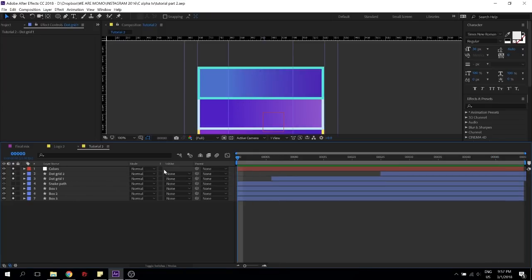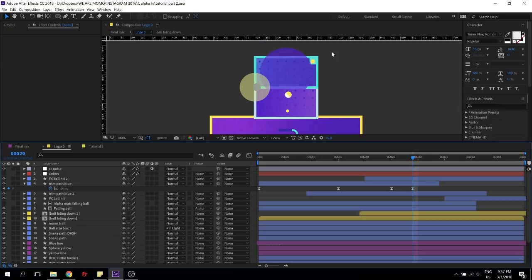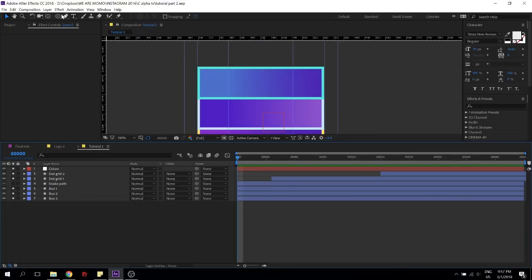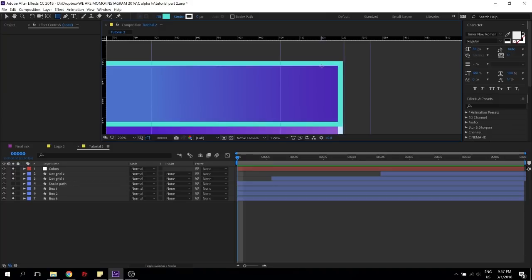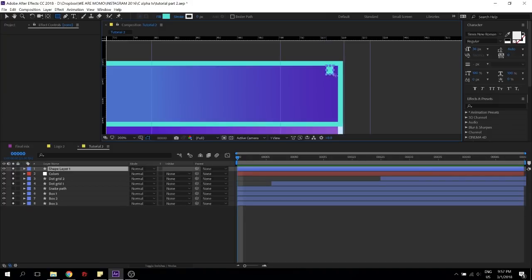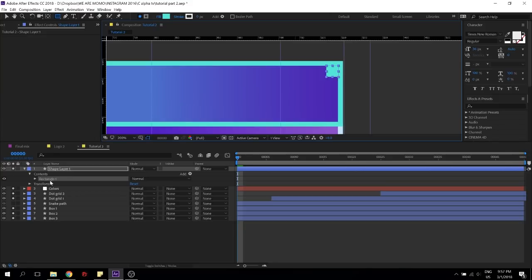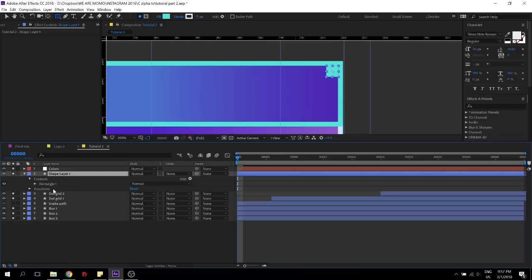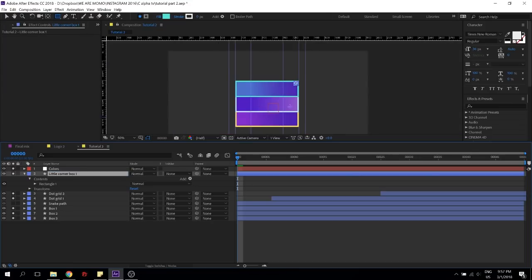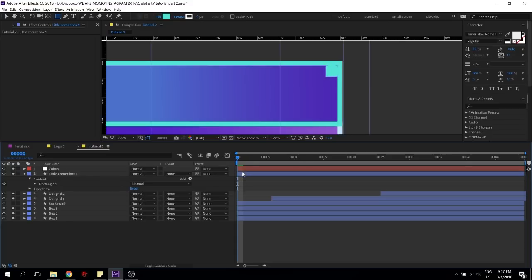The next thing that we are gonna do is we're gonna make a little box in the corner. I believe the color was that. So I'm gonna copy this color, and I'm gonna draw a little box here, say around that. I'm gonna make sure that the anchor point is right in the center. I'm gonna call this little corner box 1, because we need to do one animated and then just flip it, put it there.